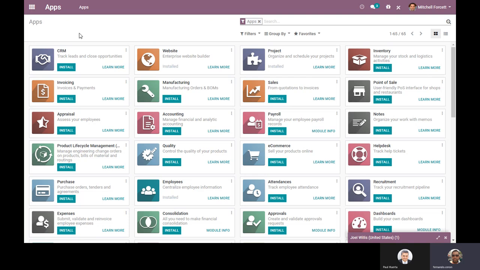Okay, so if I decide to start working with the CRM, I just click on install and the system is going to do whatever is needed to be communicated with your contacts, with your invoices, with your accountability, with your projects, with your documents, with whatever you want to interact with. We also have the accounting, the invoicing, the manufacturing, sales, inventory,